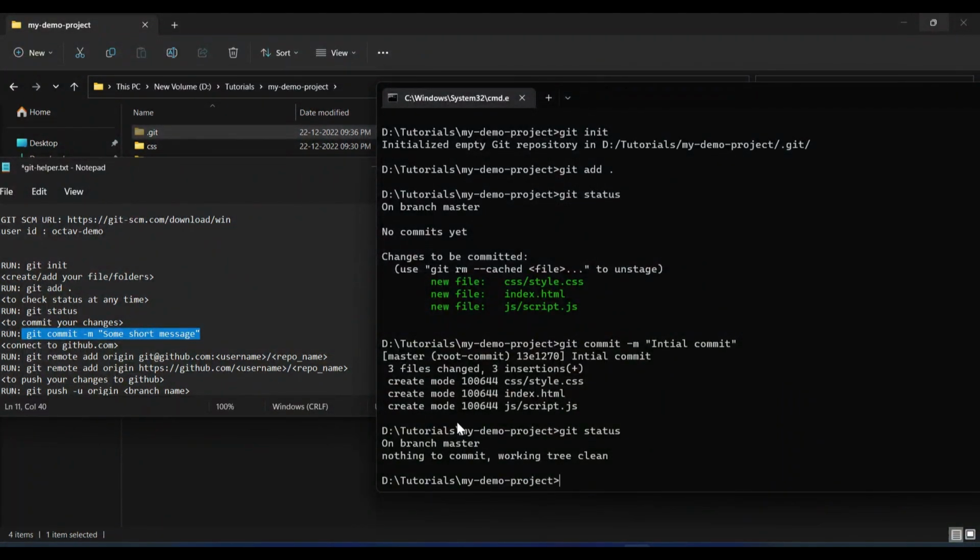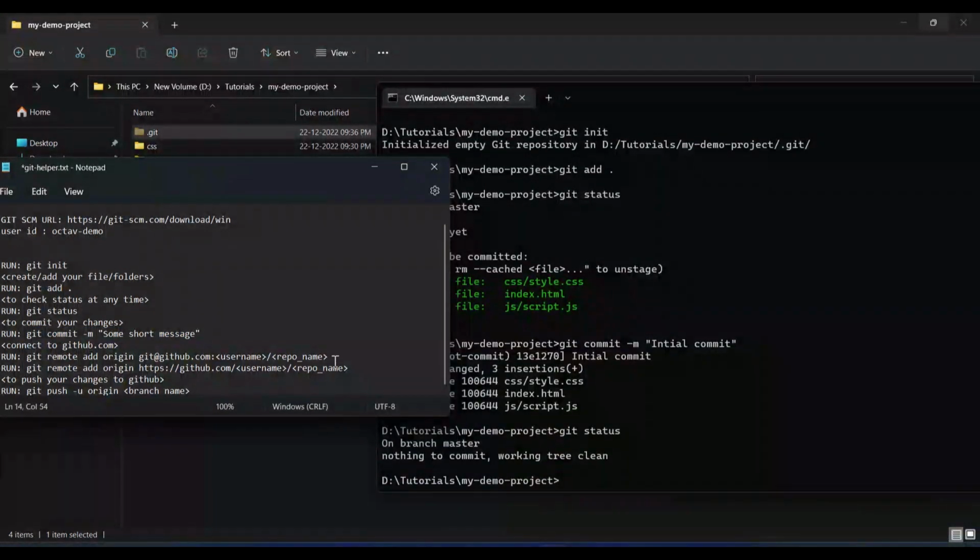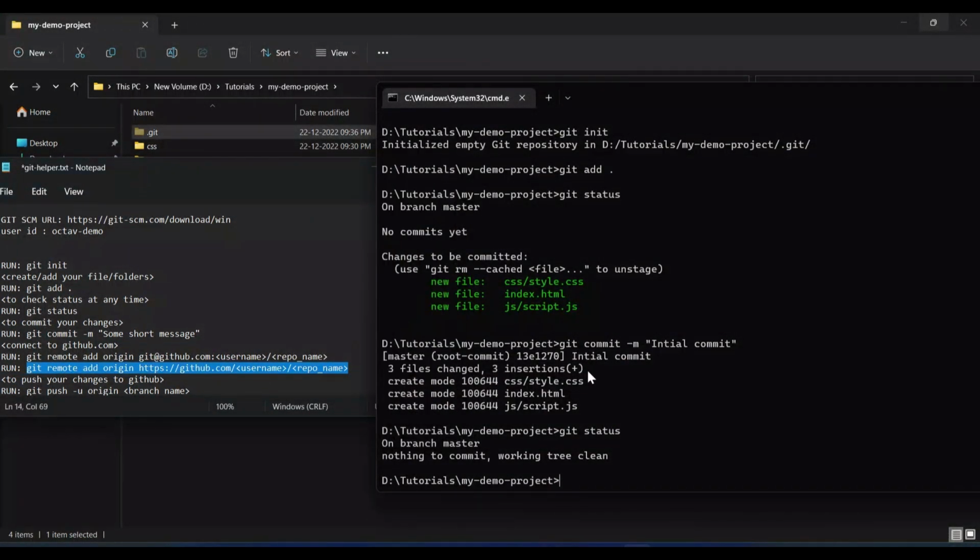So to upload these things on github.com, you have to use this line. So this command you need to use. I will just copy paste this command here. So you need to provide the username. So let's give the username, use your username only,